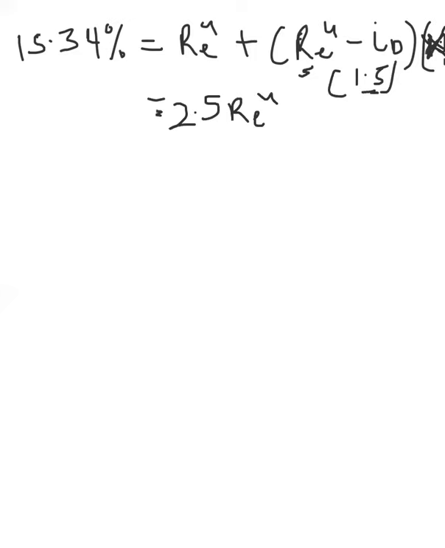From the question, we were told risk-free rate is 6% because we've already said when there's no credit risk, then ID is equal to RF. So I have 6 times 1.5, and that gives me 9. So in this case, it's 9 by negative 9, so it becomes minus 9 equals to